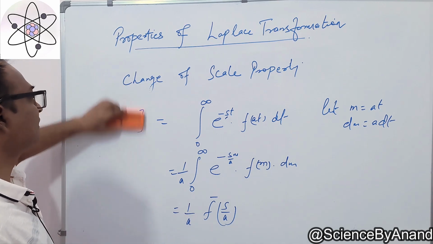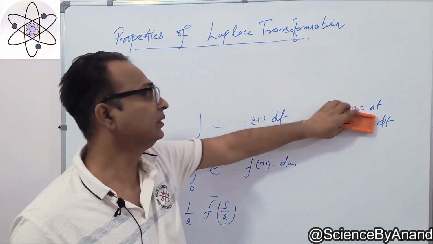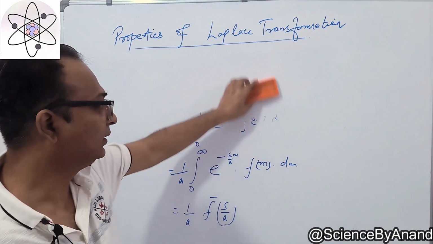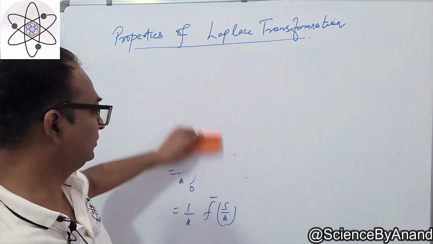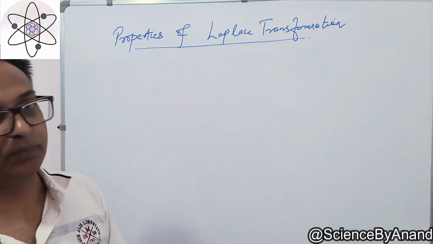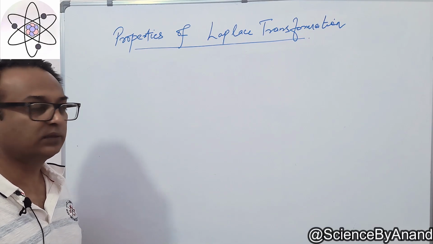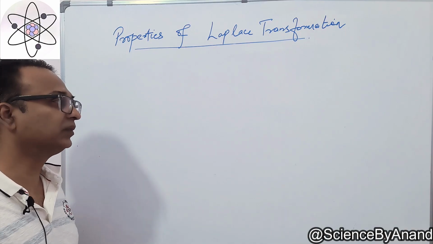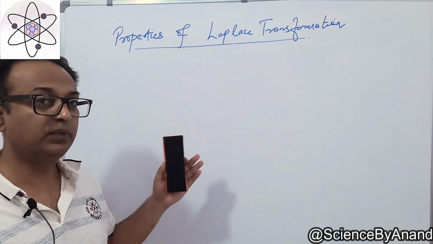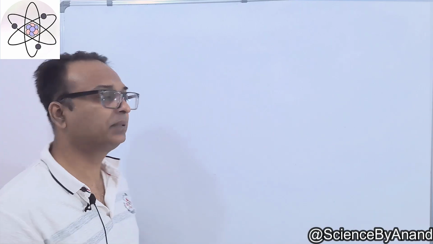So we saw three different properties of Laplace transformation: the linearity property, the first shifting property, and the change of scale property. Now we will see some questions, certain problems, and we'll try to solve them using these three properties. Our first example is,